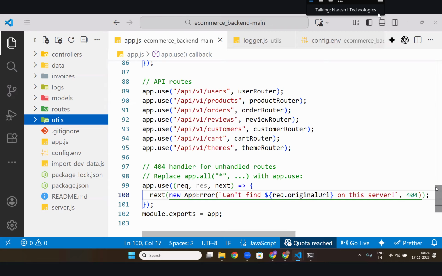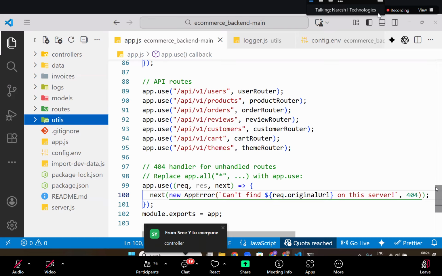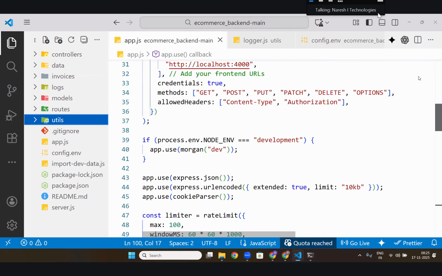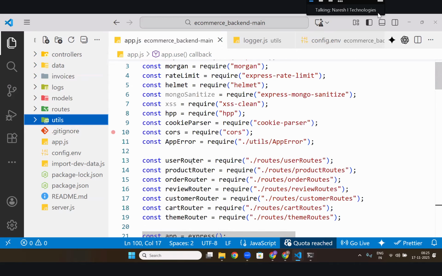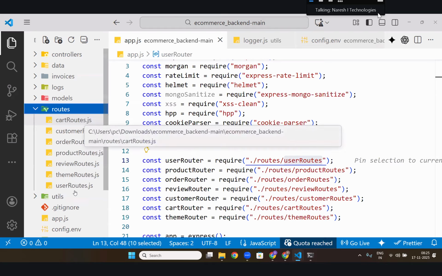See, node modules are installed. Understand this. Your application contains routes, models, controllers, and middlewares, right or not? Where will it go? Routes or models or controllers or middlewares? Routes. If someone clicks slash API slash user, where will it go? It will go to the user router. Then I will go here, user router. Where is user router? In the routes, user routes.